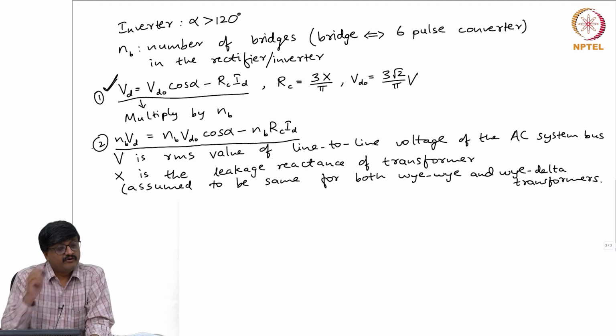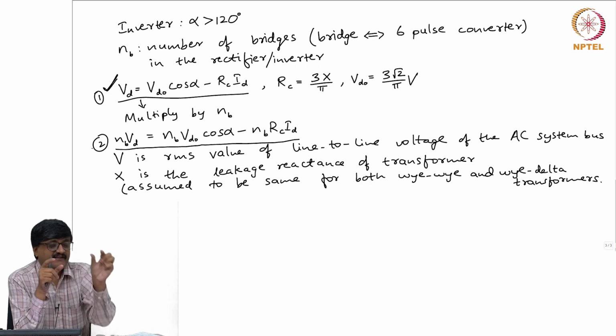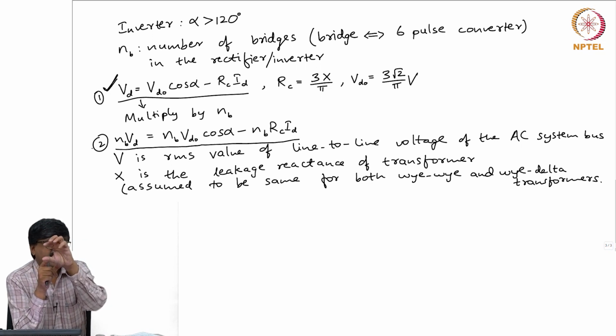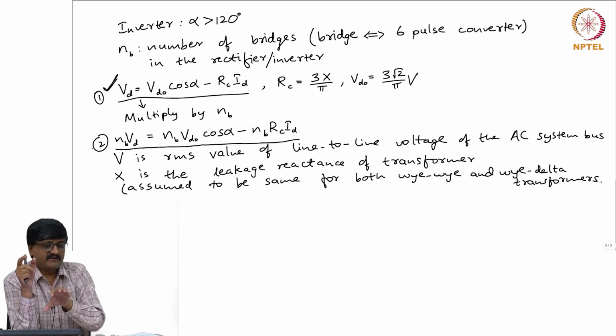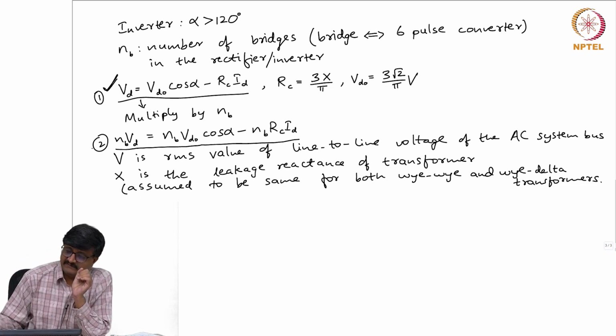Okay. Now, when it comes to bipolar, there are two 12 pulse LCCs. These two 12 pulse LCCs operate identically. That means if I take the one bridge connected to the YY in the first 12 pulse and another bridge connected to YY in the second 12 pulse, they are identical. The only thing is the one connected to Y delta will be delayed in operation, that's all.